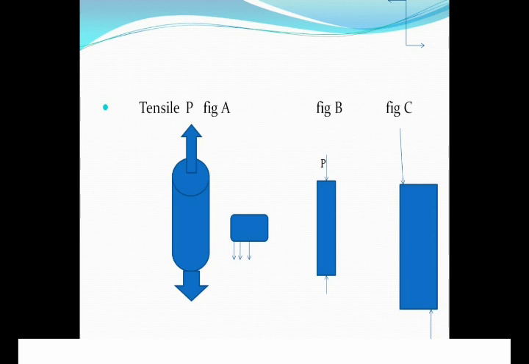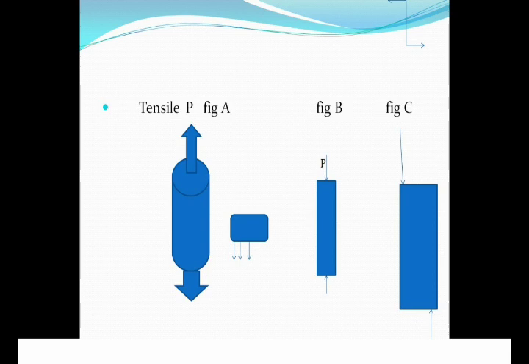In figure B, we are saying that the forces P are going into the element along the axis. So this is the compressive force. Now, what is the effect of the compressive force? It tries to compress the element. Due to this, again the stresses will be acting on the element, and these stresses are called the compressive stresses, and they will be the same throughout the length of the cross section of the element.